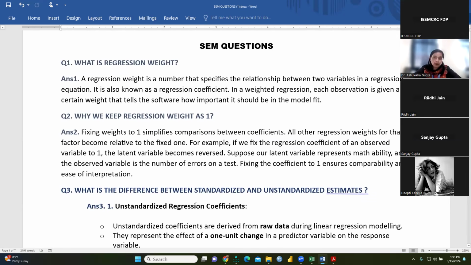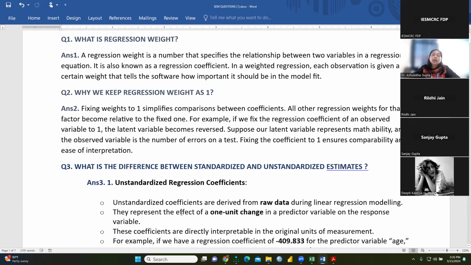If there is 0, what would happen? 0 means there is no correlation among the variables and no further analysis is possible. That is why we had given a regression weight of 1, because the regression weight will be moving from 0 to 1, right? So that is 1. Next is